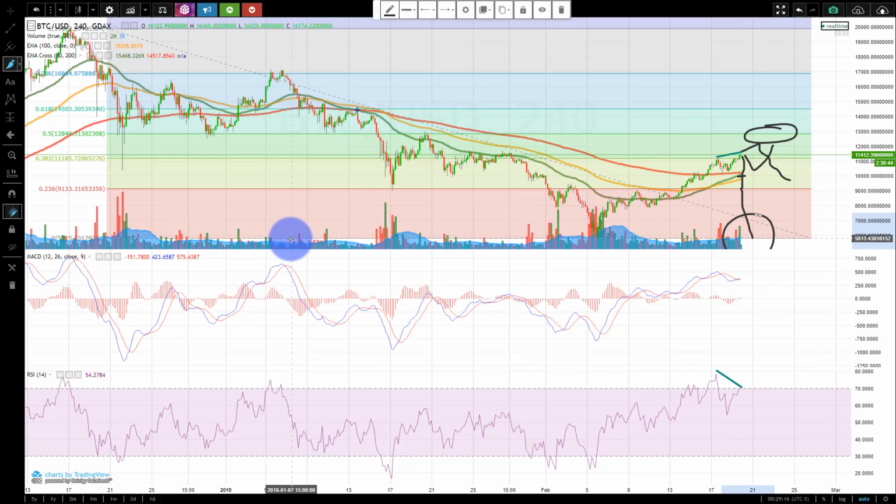So pretty much all the other indicators I'm looking at, bulls are pretty weak right now. We have bullish signals in MACD, but MACD is pretty weak. It's not in a very strong position, so this could change. We're on the 4 hour. This could change very quickly into a bearish. It wouldn't take much at all,